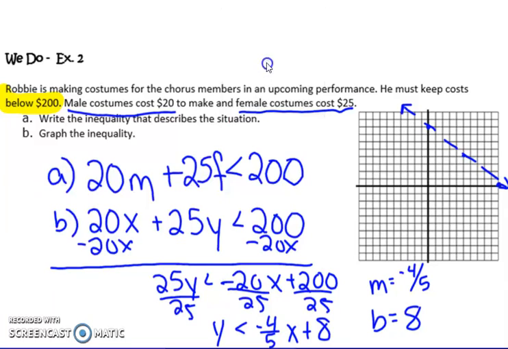And again, from here, you can either plug in a test point, or you can just use the trick we looked at in class. In slope-intercept form, it is y is less than, so I'm going to go to my y-intercept, and I need to go less than my y-intercept, which means it is going down. Now, again,